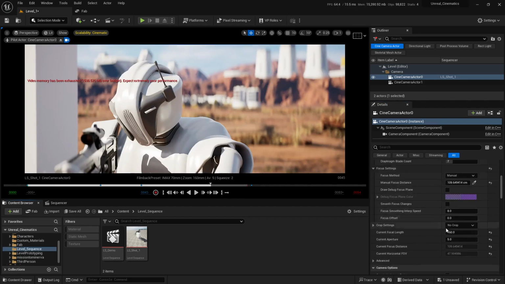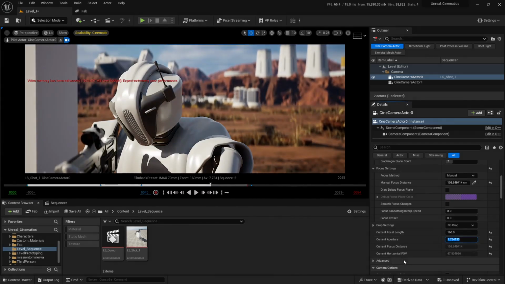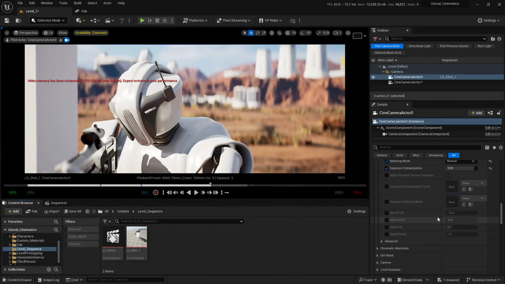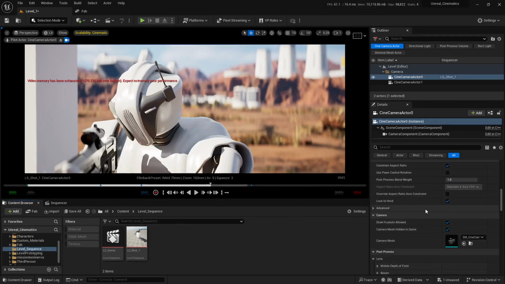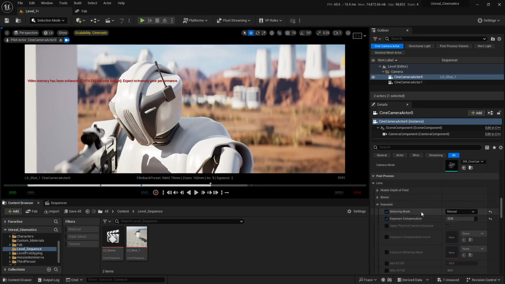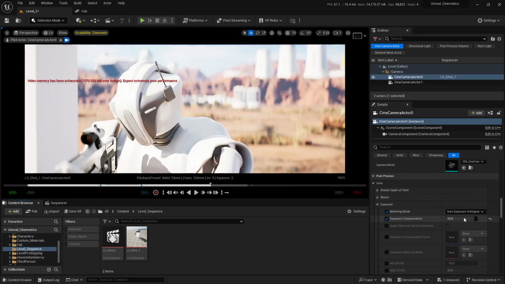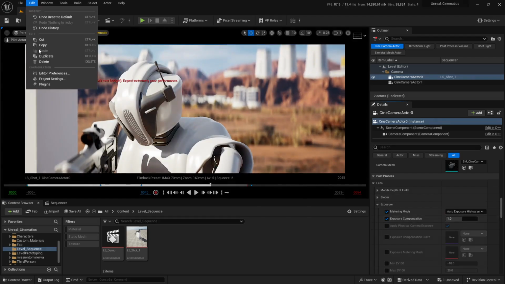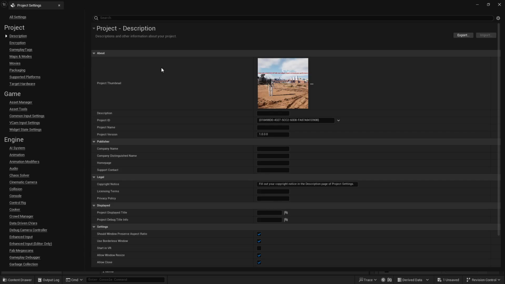And now if I tweak this aperture value, you're going to see this change in exposure. Okay. So this is how exposure and aperture are also interlinked with each other. If you set the exposure to manual, you're gonna have to set your aperture and then go down here to adjust the exposure again. But what I like to do is keep this at auto exposure histogram and keep the exposure value at default generally, and simply just keep the auto exposure turned off in the